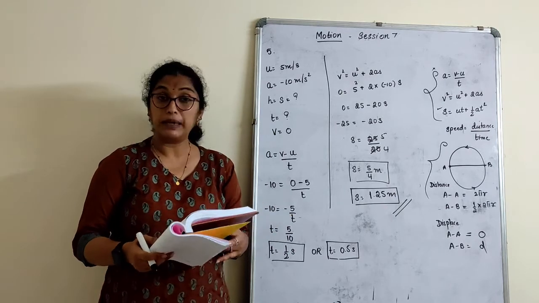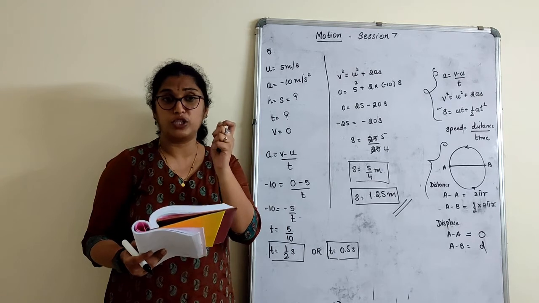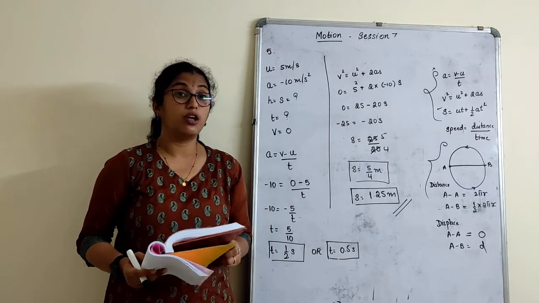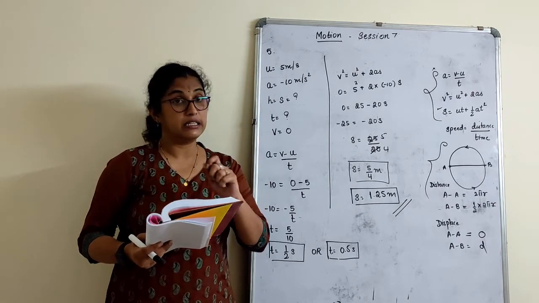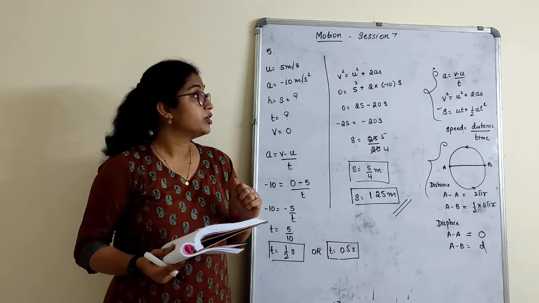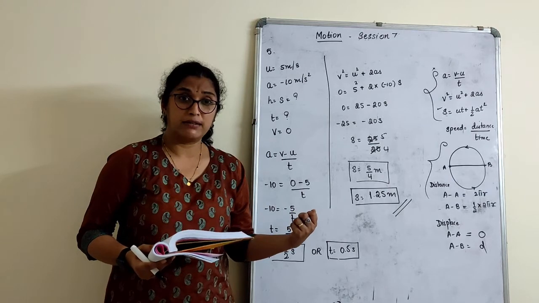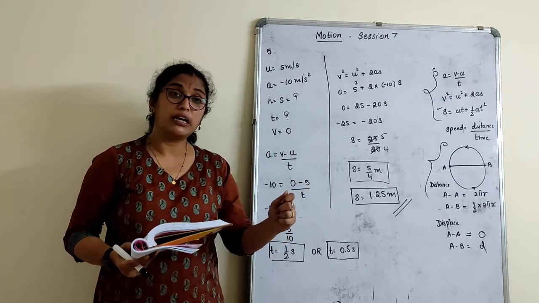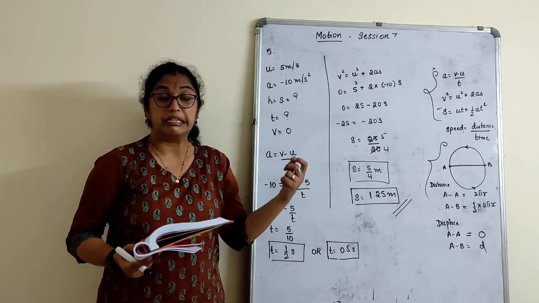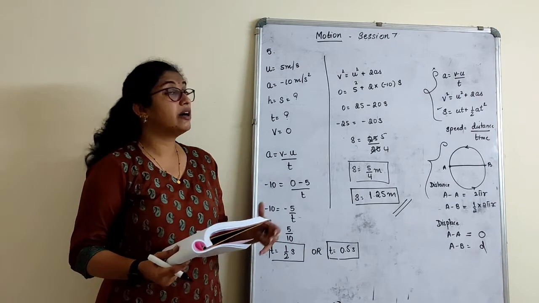So we complete here the in-text question answers. Your blue and pink, whatever questions are given in the text, we complete that. Now next what we will do is we'll solve all the worked examples given in the textbook. After worked examples, I will go to the exercise. So I only stopped with these many sums here. That's only because I want you all to practice. So probably the next session it will take a bit longer so that I can complete more and more sums. But till then you can practice more and more sums so that you will understand how to solve and how to write the given.